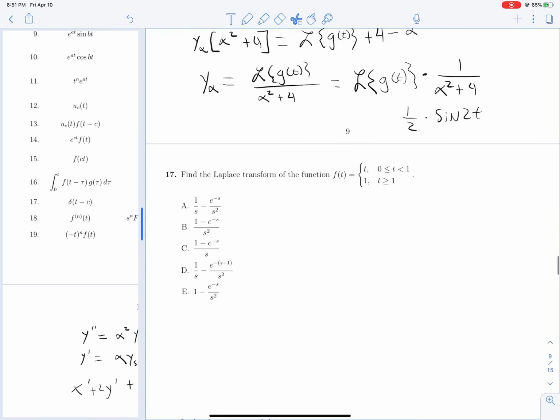Okay, let's find the Laplace transform of this thing. What is this thing? This thing is a special kind of case of a unit step function. So we know that u1 of t, this is a unit step function that activates when t equals 1. We can graph this out for all t from 0 up to 1. Our function is 0, and then at t equals 1, our function will jump up to 1. So it's